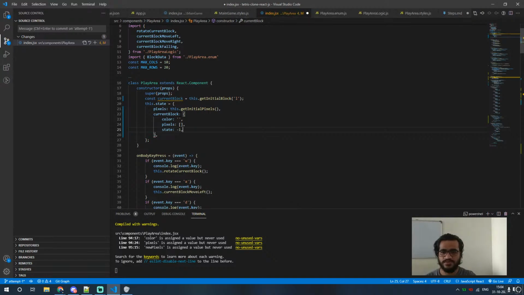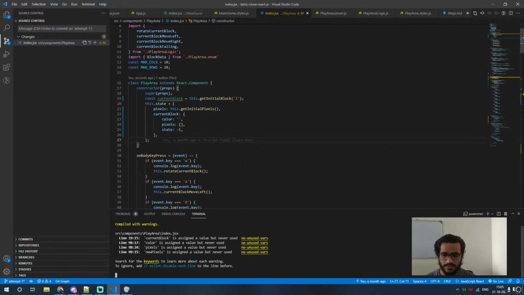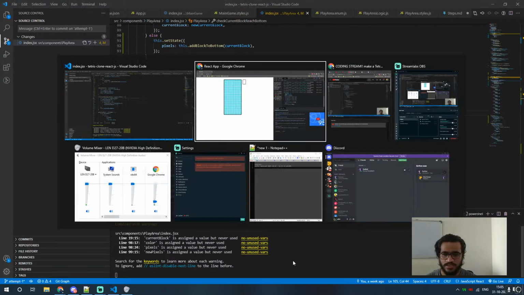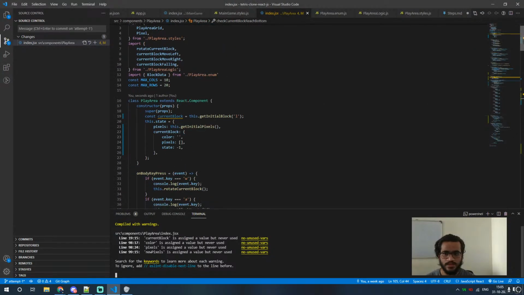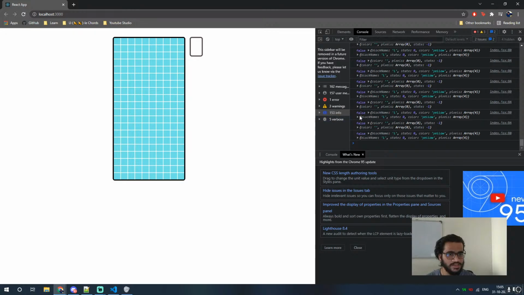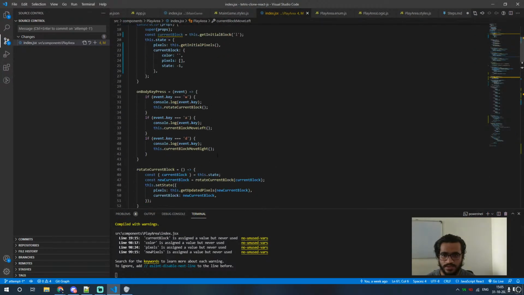We are keeping it -1 just for nomenclature purpose. Okay, so here these are not quite working, right? So what this is doing is,